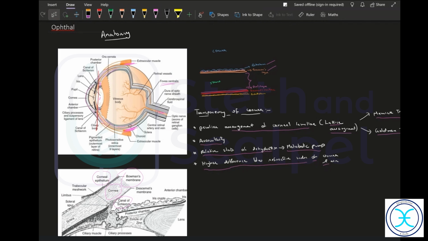Inferior, not superior. Inferiorly, usually on the lateral side, you take a flap and make a tunnel. You put a corneoscleral tunnel, a sclerocorneal tunnel, and it is a three-dimensional tunnel.